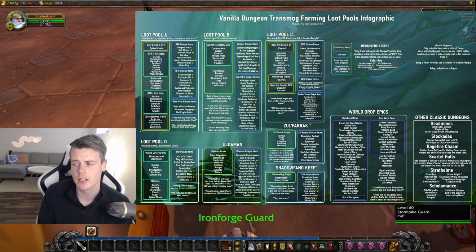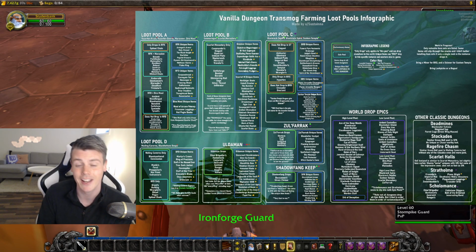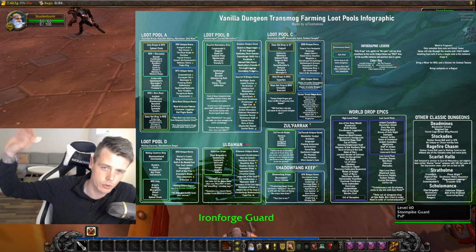So that's kind of my idea of farming Transmog. You want to start out by farming the vanilla dungeons. Once you've done the vanilla dungeons, by all means, there is some TBC Transmog that is of interest, but generally speaking, vanilla Transmog is going to make you a lot more gold than going into TBC, and of course, Wrath of the Lich King. So hopefully this helped you out,